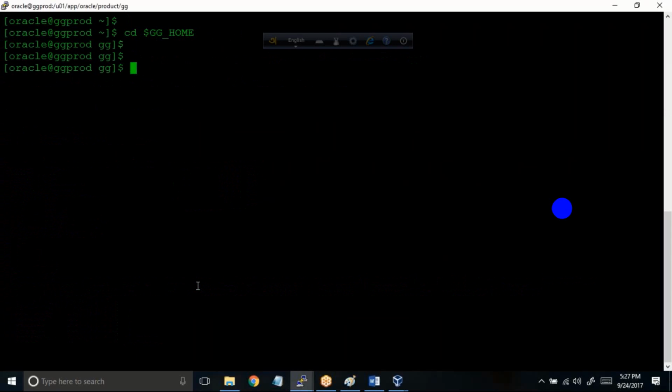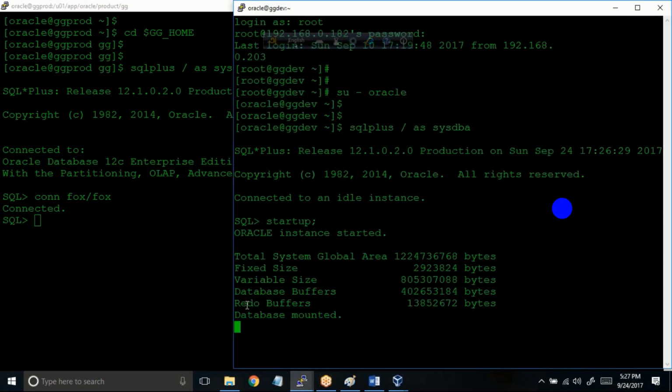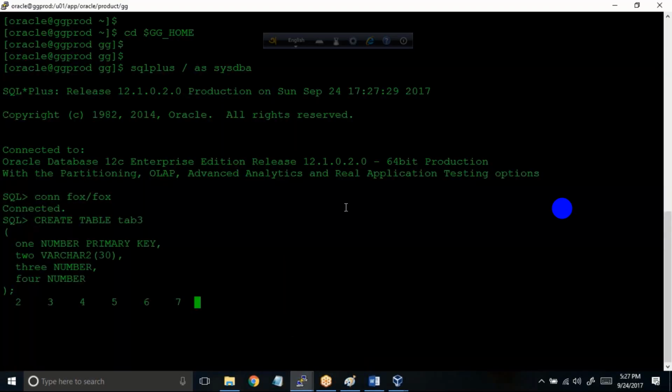Oh, first we have to create the tables, right? Let us create the table. So let me connect to Fox user. And on target, okay, it's yet to come up. So let us create this tab 3 on the source. Okay. And then,